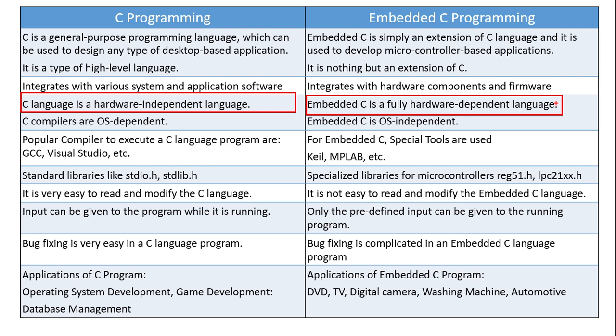Okay, so that means however you change the microcontrollers, however you change the microprocessor, the embedded C programming will vary slightly. But in case of C programming, it's not like that. Any system you go and run, C programming will be the same. There is no syntax change, there is no instruction change. But in embedded C, there will be a slight change in the code when you change the microcontrollers or when you change the hardware. So that's called C programming is independent and embedded C is dependent,